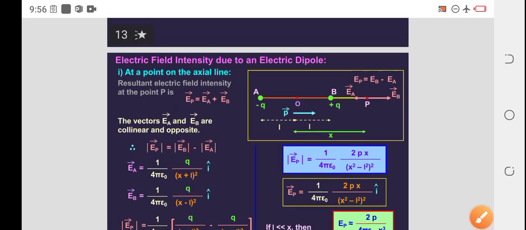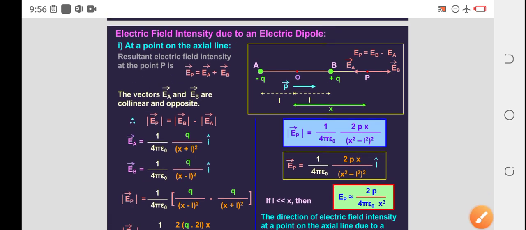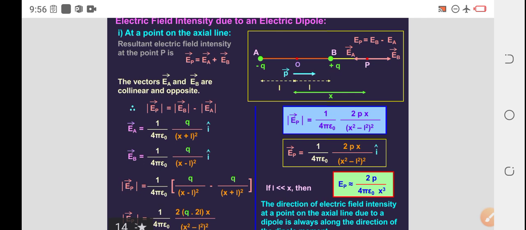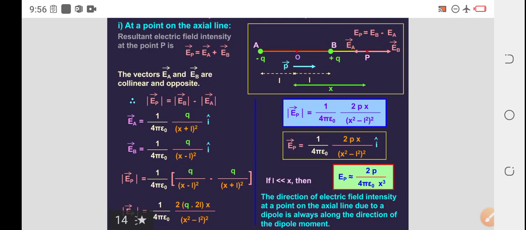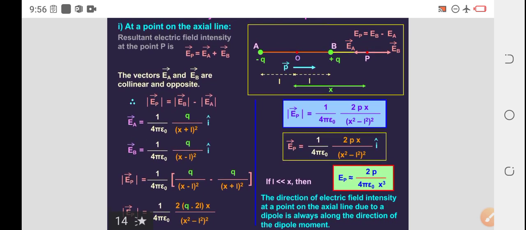So now your topic outline is about what? Electric field intensity due to an electric dipole. Let's see, we are taking the axial path, that means the axial line. At a point on the axial line, the resultant electric field intensity at the point P is